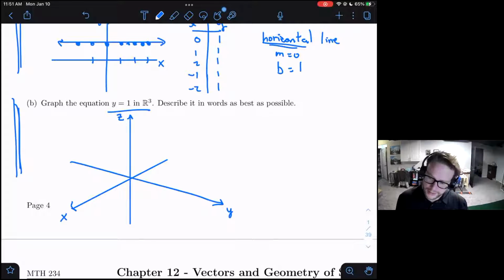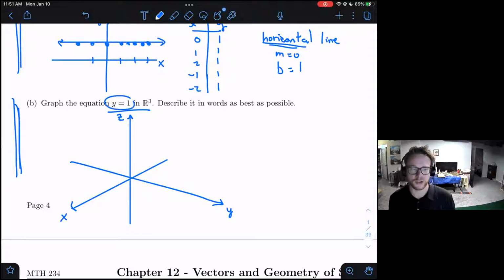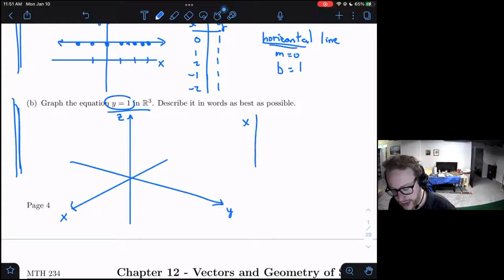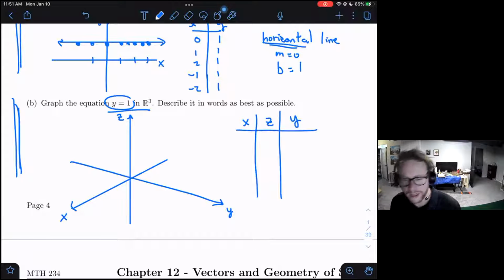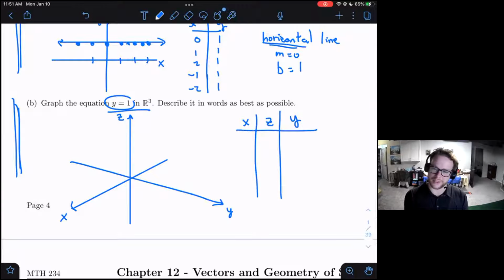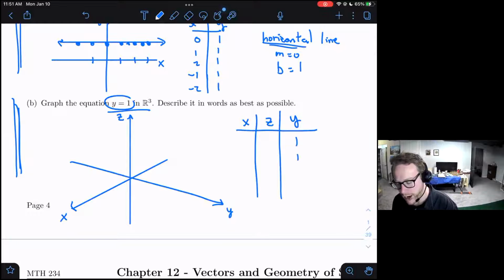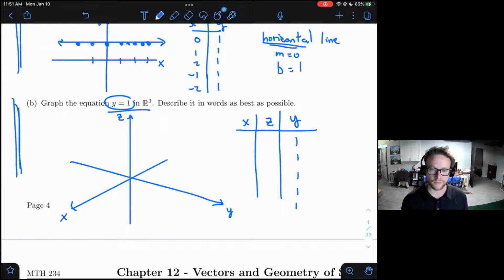Okay, so in this case, we now have X's and Y's and Z's, and we can see that the equation here is still just y equals 1. So you can think about this as if you plug in any old x and any old z, our equation really doesn't care about these in any way. Notice I wrote it in an interesting order here, but we know that no matter what you plug in, y is always going to be 1.